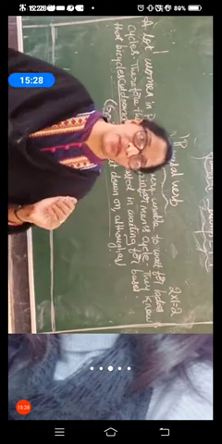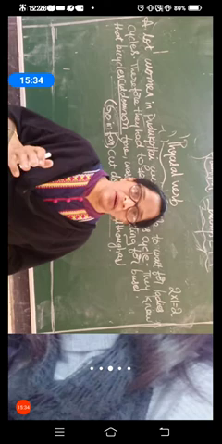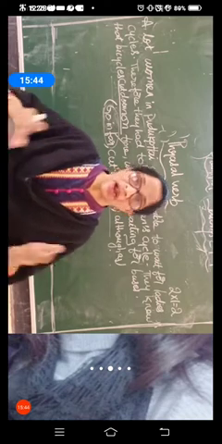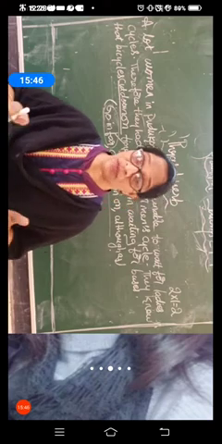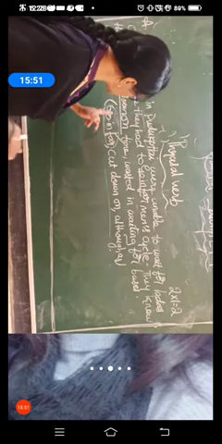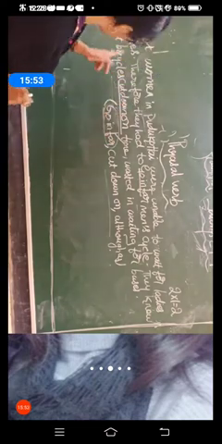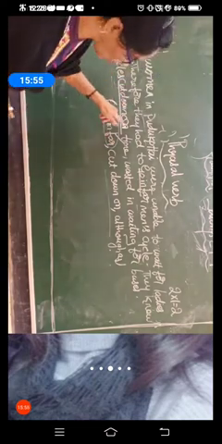If they have their own cycles, what the cycles are going to do is save their time. Instead of waiting for the buses to arrive for 10 or 15 minutes, if they have that same vehicle, the bicycle we are talking about here, and they move ahead, they will be completing the distance in those 10 or 15 minutes, right? So only it is given here, cut down on. So that bicycles cut down on time wasted in waiting for buses.